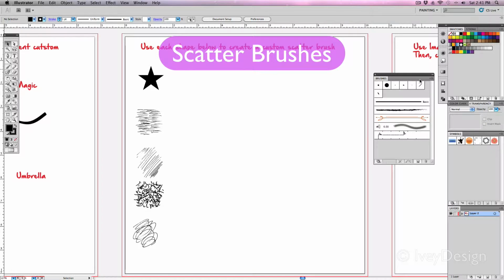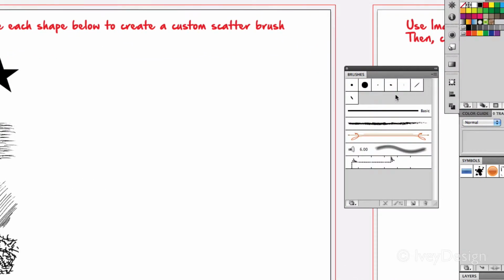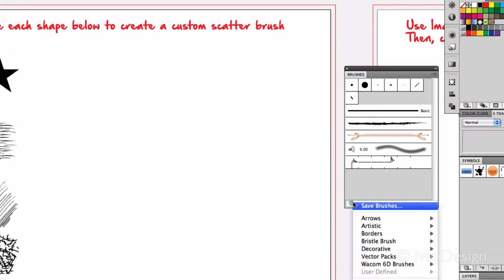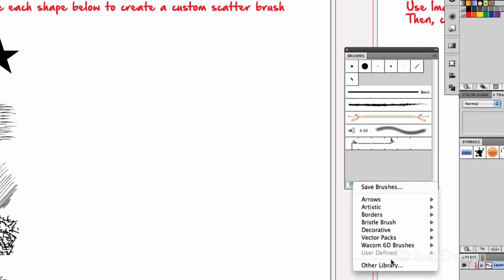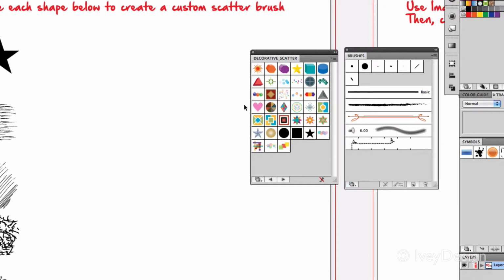Now let's look at some scatter brushes. In my brushes palette at the bottom left-hand side, I'll open up the library, we'll choose decorative, and let's open some of the pre-made, predefined decorative scatter brushes. Notice that each one of these is its own object. If I click and drag these objects onto here, you can see exactly what it looks like, but that's not